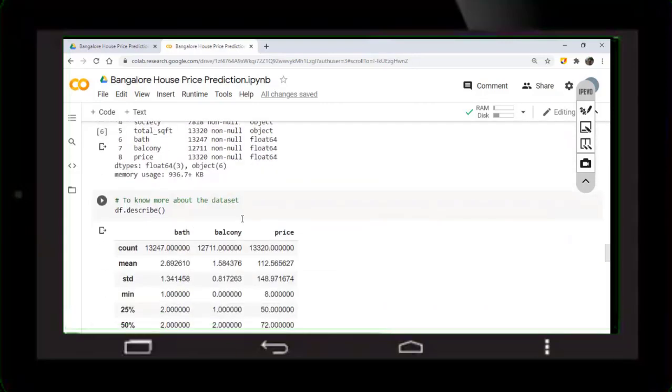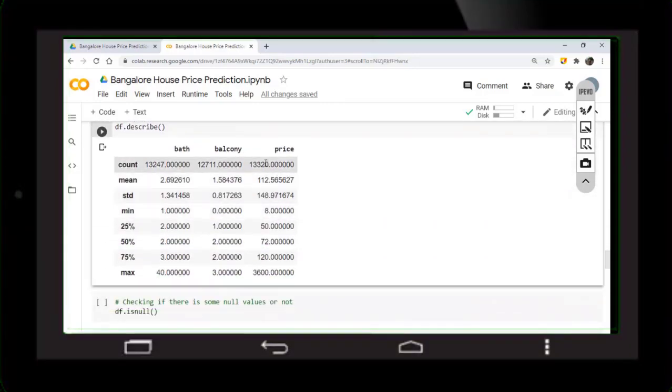So we have price for all the data points, but we don't have information about bathrooms and balcony for all the data points. So the 75th percentile comes under 3 bathrooms, and we have 2 balconies, and the price for 75% of houses is nearly 120 lakhs.